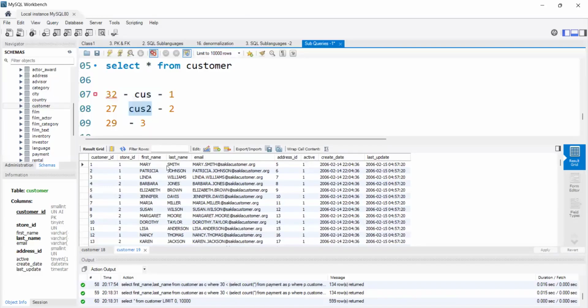So here customer ID 2 is Patricia, I did not get it because this customer made only 27 transactions, that is not more than 30. This also I did not get directly, I got the fifth customer name here, that means all these three customers made less than 30 transactions only. This is why I'm showing this, to make you understand the